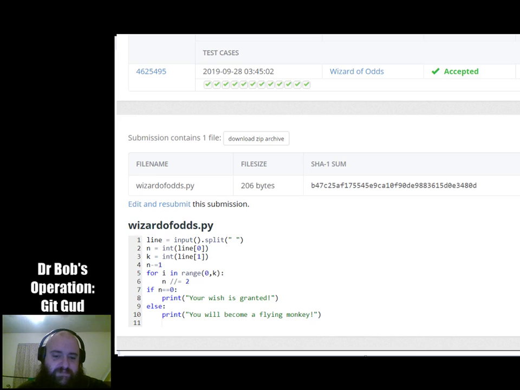Pretty simple. This, for those of you who are unaware of Python, double slash is integer division, because division by default produces floats in Python, even when it divides evenly.